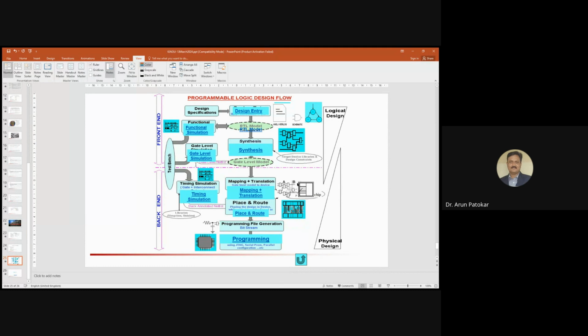उसके बाद में टाइमिंग सिमुलेशन होते हैं, करेक्टनेस ऑफ द आउटपुट, गेट एंड इंटरकनेक्ट का टाइमिंग सिमुलेशन, मतलब जितने नंबर ऑफ गेट्स का आपका सर्किट बना है, गेट लेवल मॉडल, जो भी आपने वेरिलॉग, स्कीमेटिक और एफएसएम फाइनाइट स्टेट मशीन से बनाया है, उसका स्कीमेटिक लेके मैपिंग एंड ट्रांजिशन का जो स्टेट होता है। उसके बाद में हम क्या करते हैं, एफपीजीए वगैरह, सीपीएलडी जो डिवाइसेस हैं प्रोटोटाइपिंग के, मैंने अभी पहले बताया, you can go and choose that hardware, कि जिस हार्डवेयर में हमें उसको इम्प्लीमेंट करना है उसको मैप करना पड़ता है।